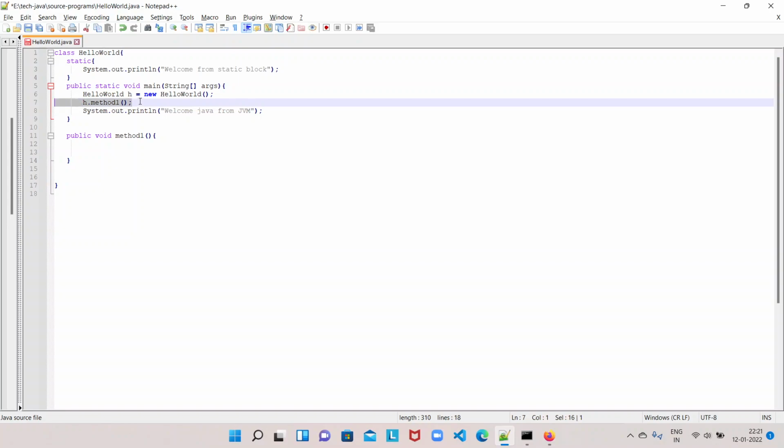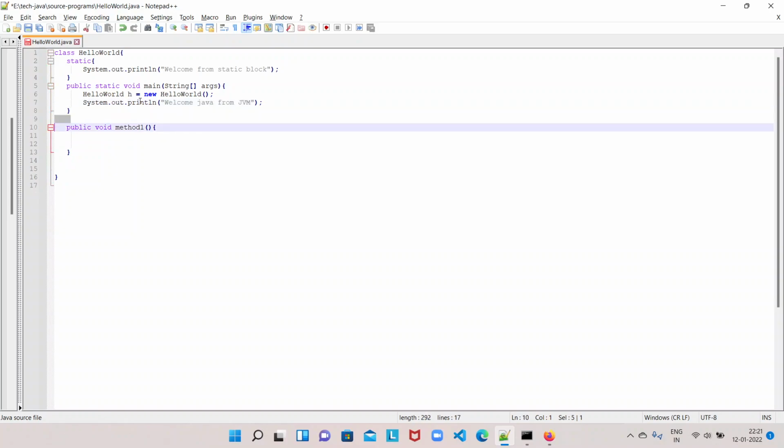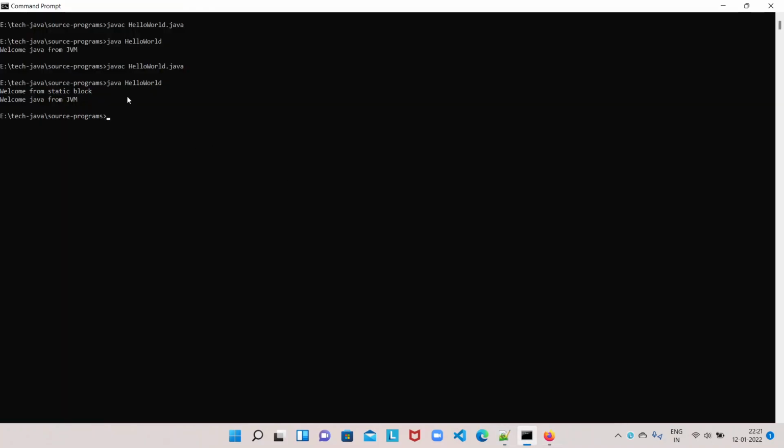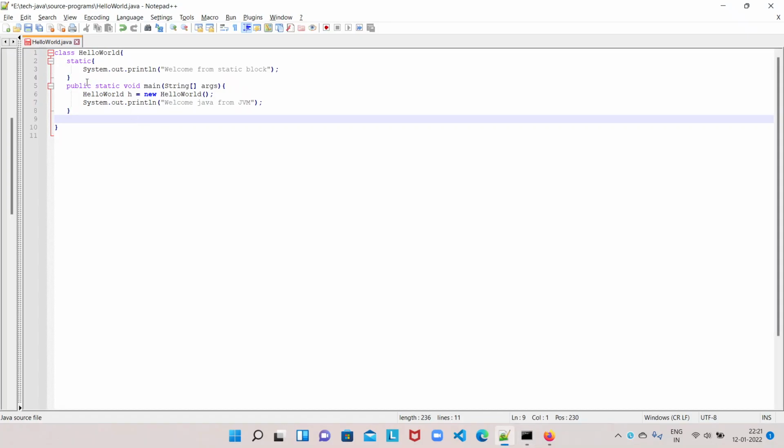So whenever we call java on hello world here like this, the JVM will fetch the class name from here and try to find the main method in the class which has exactly the same signature, public static void main accepting a string type argument.